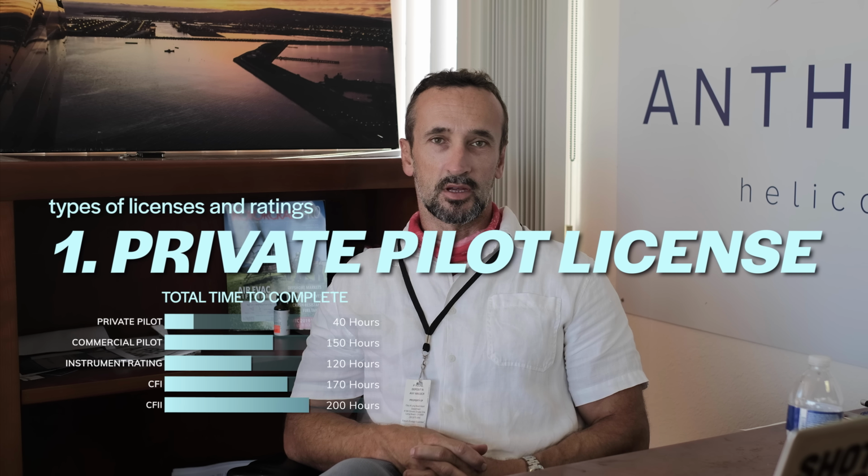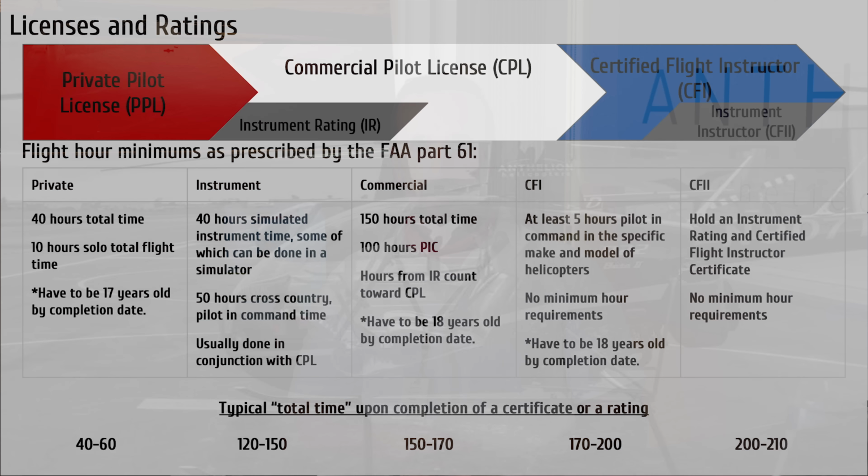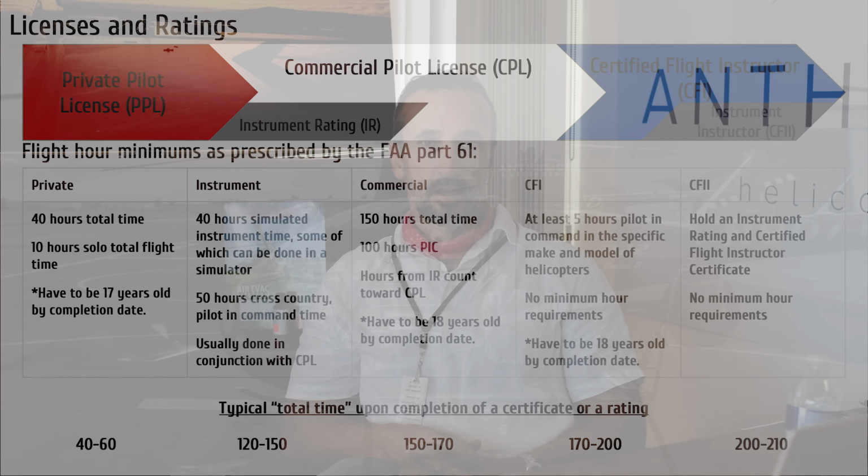Now, bear in mind, this is the first level. Never regard a private license as the be-all and end-all of your flying career, even if you're not going to do it as a career. Always think of the private license as an opportunity to learn further after it. But according to the FAA and the regulations, it is the most basic level of license that you need, and everything starts from there. Usually, a minimum is about 40 hours of flight time for it,